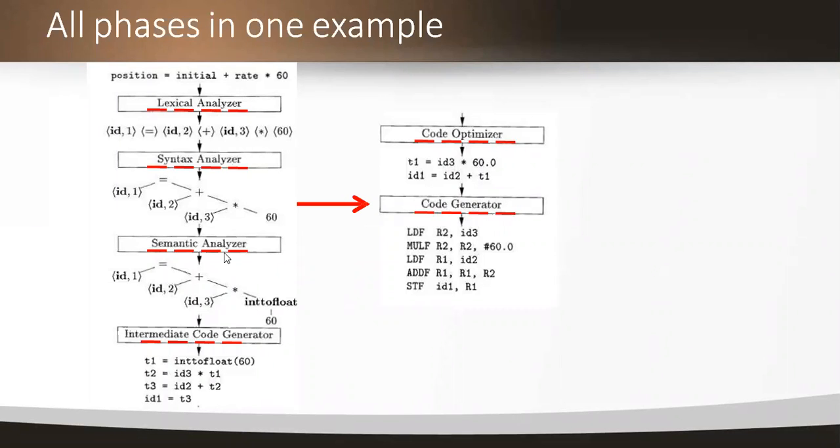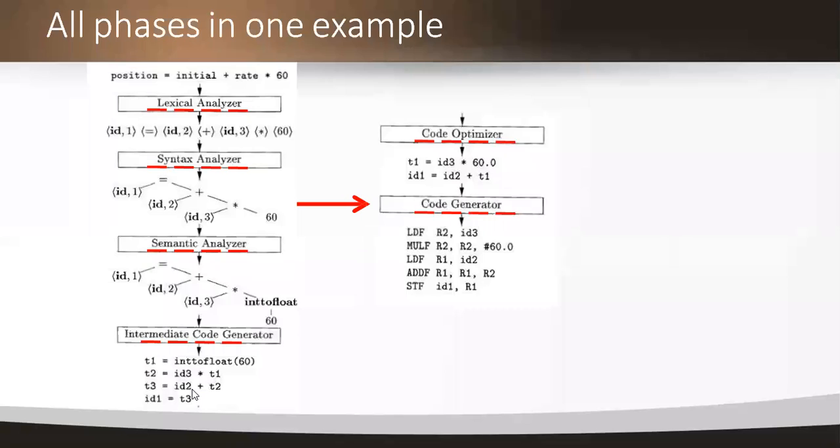After performing the semantic analysis, this is the generated output that we get from the semantic analyzer, and it is taken as input to the intermediate code generator. Now from the structure we generate an intermediate code representation in three address code format, which means we use temporary variables to store the structure.